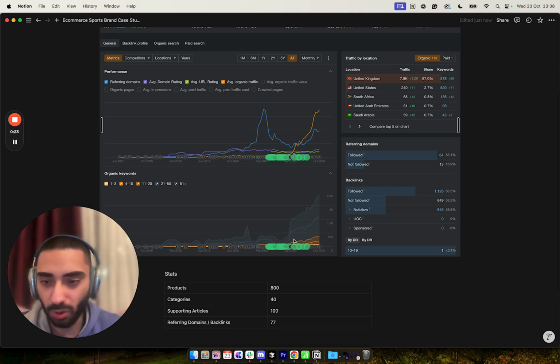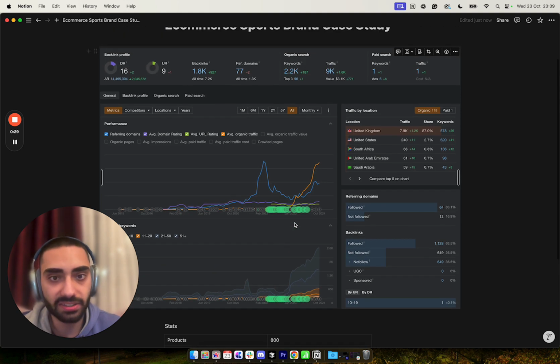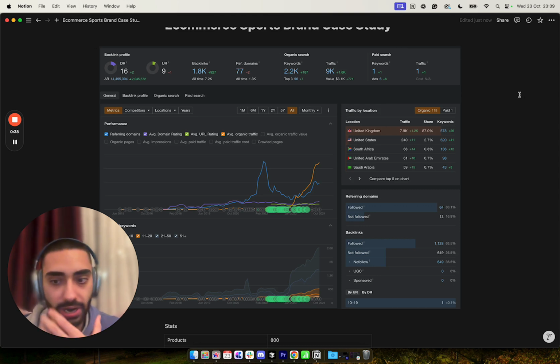As you can see, we started working with them just past November last year, so it's just coming up for a year. And as you can see now, they are getting 9,000 traffic. They're ranking for 2,200 keywords, and they are currently just bidding on PPC just for their brand, so they aren't actually getting brand jacked. So it's kind of like brand protection, but very minimal amounts is actually being spent. Like I would probably say 99.8% of their actual traffic is now coming from SEO,